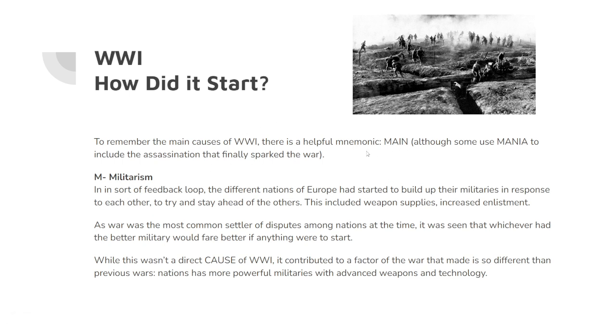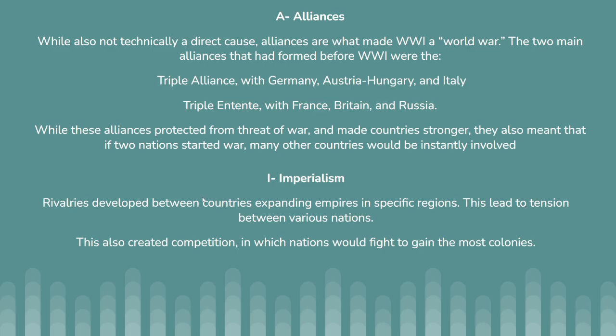But anyways, M is for militarism, which contributed to the war in a sort of feedback loop. The different nations of Europe had started to build up their militaries in response to each other to try and stay ahead of the others. This included weapon supplies, increased enlistment,